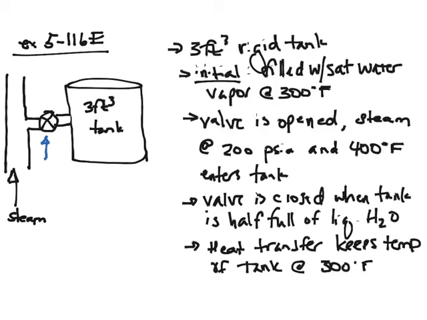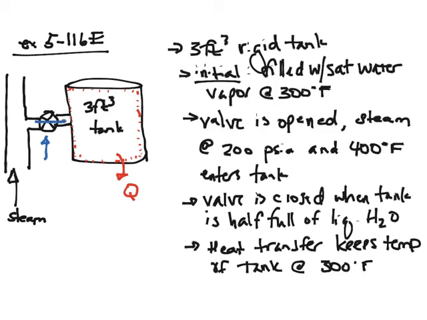So the first thing I'm going to do is identify my system. I've drawn my schematic here on the left, showing my tank and the valve and the steam line. I'm going to identify my system first as being the contents of the tank, which I'm indicating by this red dotted line. And I'm told that there's heat transfer from the tank that keeps the temperature at 300 Fahrenheit, so I'm going to add that in as Q. And then we also know that steam, which I'll draw in blue, enters the tank